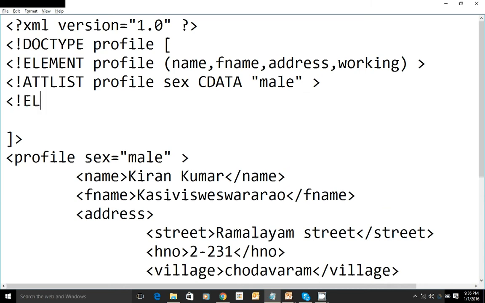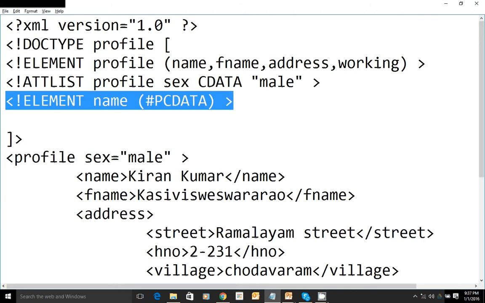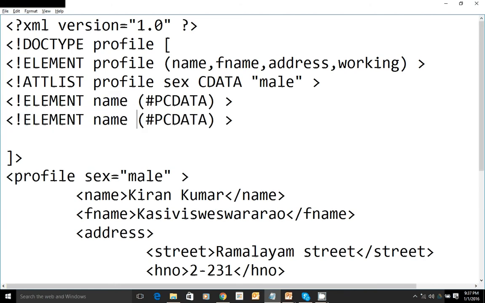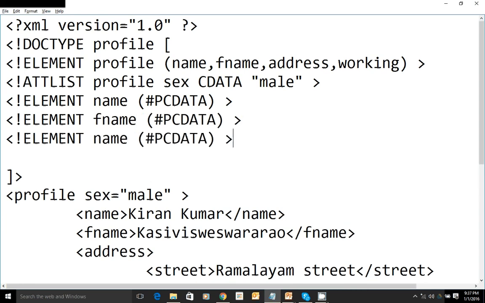And the next element inside this profile is name. When you define it, there must be a space between the element name and its definition. So what is there in name? Some data, that is #PCDATA. And the next element is father name. Again, father name is also #PCDATA.